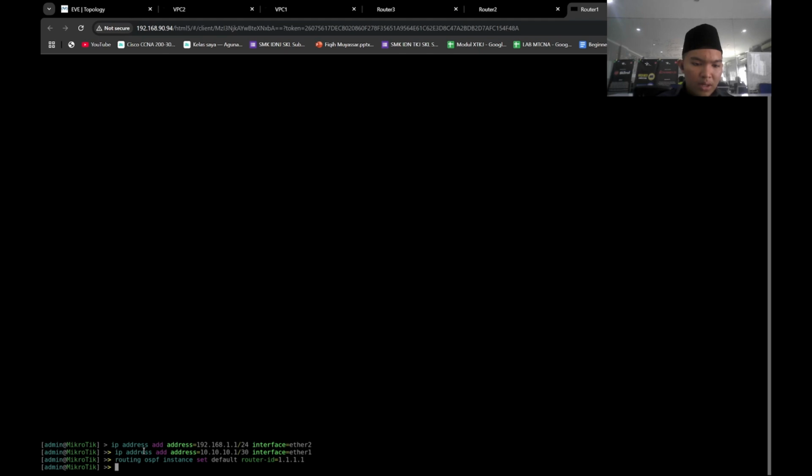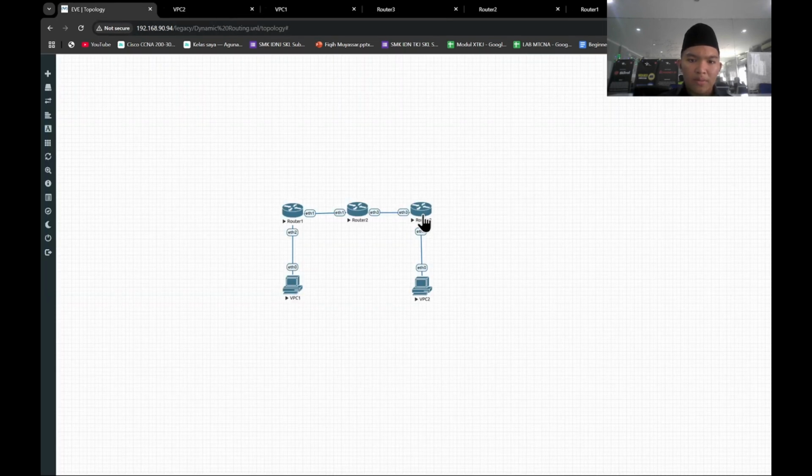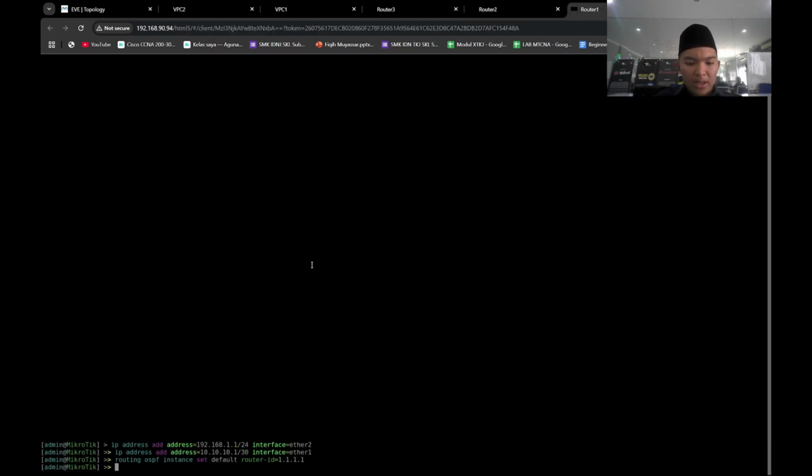Okay, and next we're gonna add the interfaces that are used in the router. For example, in router 1 we only use ether 1 and ether 2, and we're gonna add them in the OSPF area like this: routing OSPF interface, add interface.